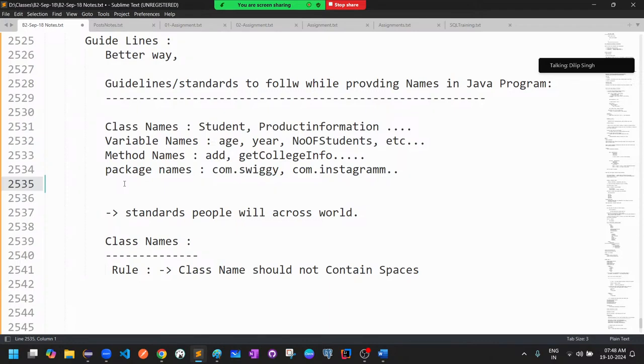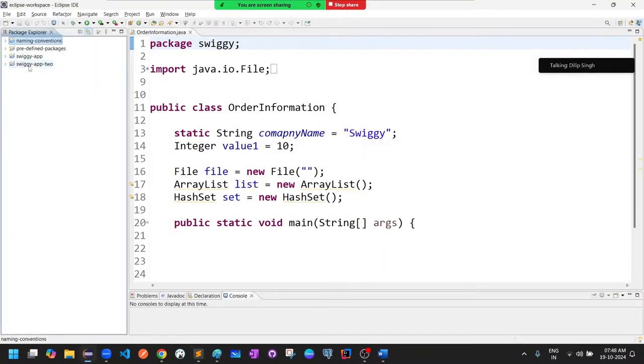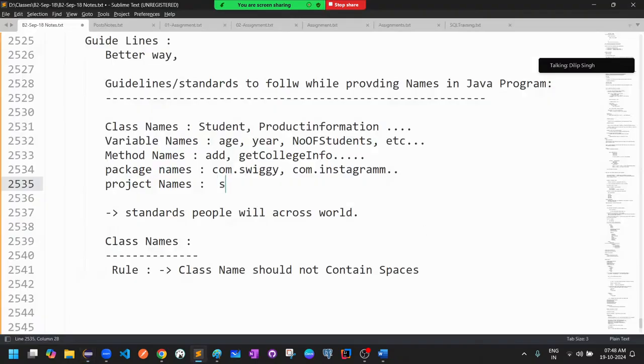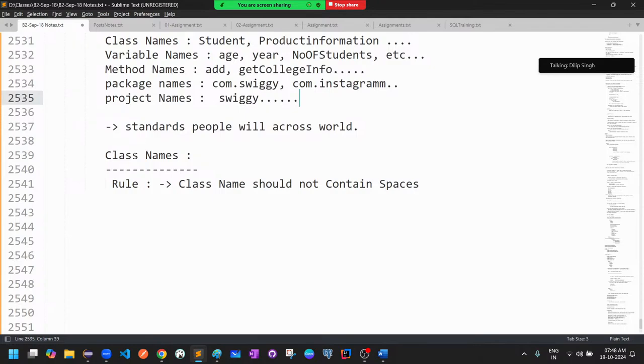So something like Swiggy app, iPhone app, something like that. We will see one by one, etc. Now when it comes to class names,